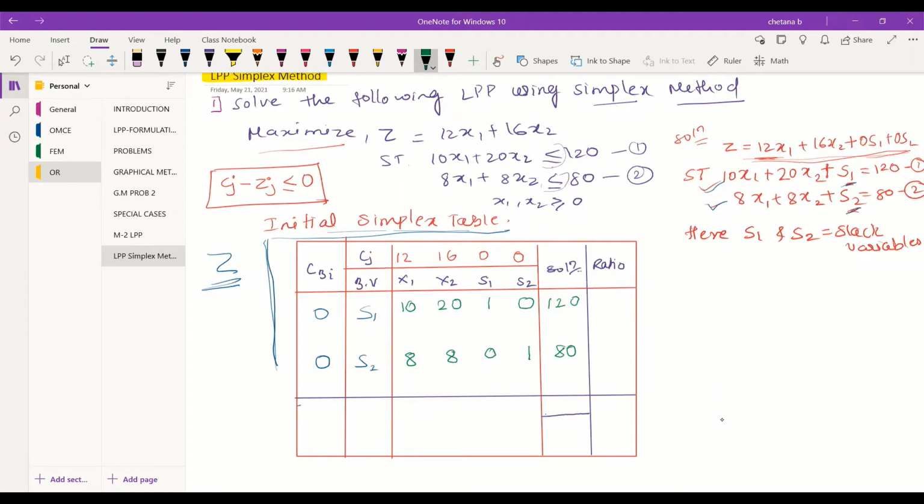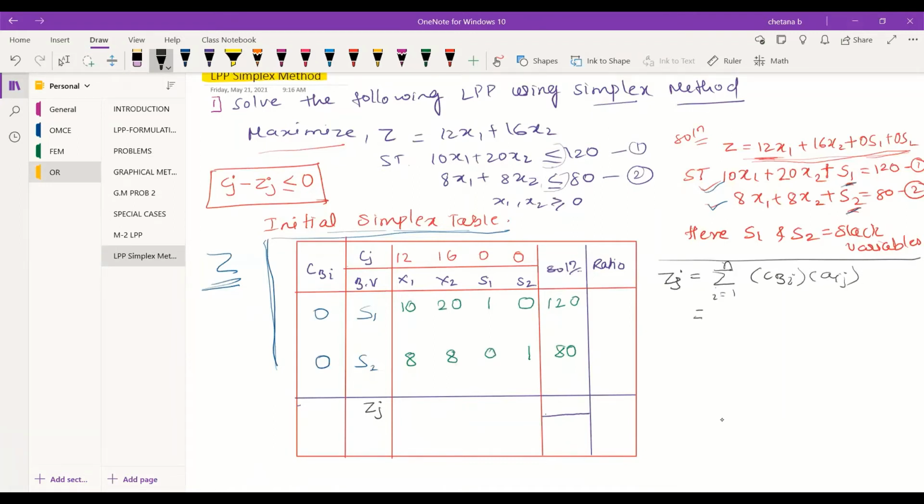Yes, ma'am. Now coming to the calculation part, the first set of calculation is Zj. First you need to calculate Zj. How do we calculate this Zj? We know that the Zj equation is the summation over i from 1 to n of CBi into Aij.